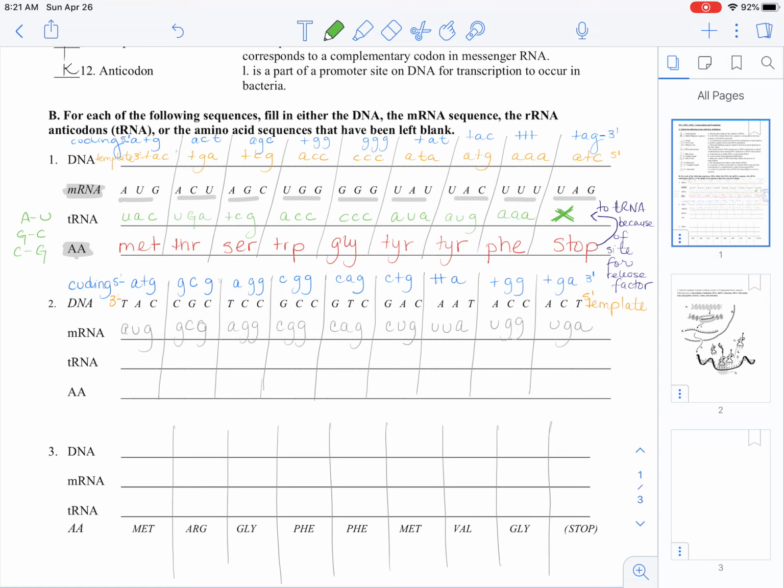So the tRNAs that are going to be bringing those amino acids for number 2 are going to be UAC, CGC, UCC, GCC, GUC, GAC, AAU, ACC, and we are not going to have a tRNA for that last one, because we're going to see that